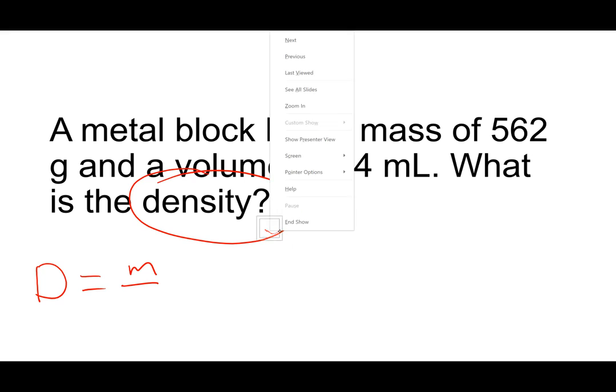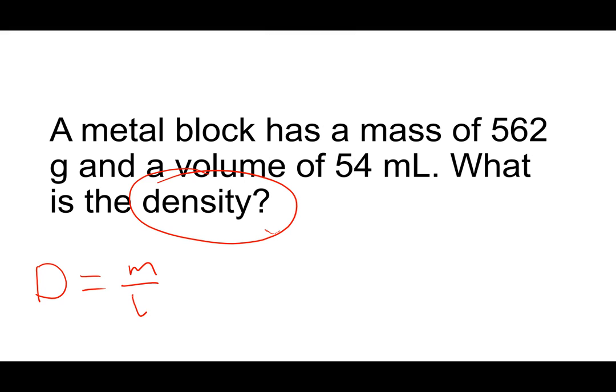Density equals mass divided by volume. When I plug in my mass of 562 grams and my volume of 54, I see that I have to divide these. If I put this into the calculator as 562 divided by 54, I'm going to get